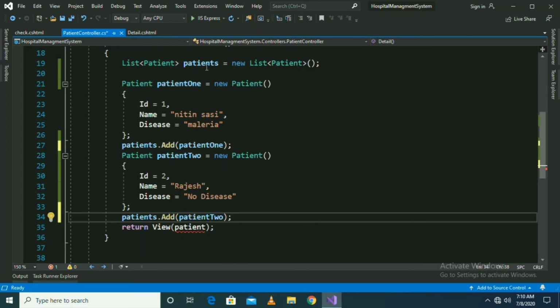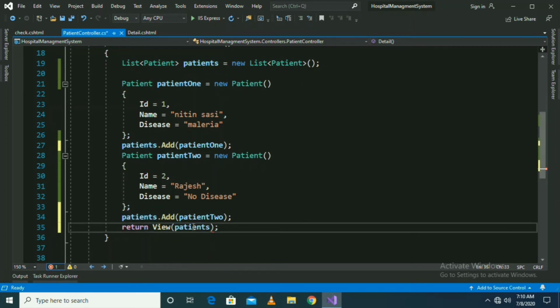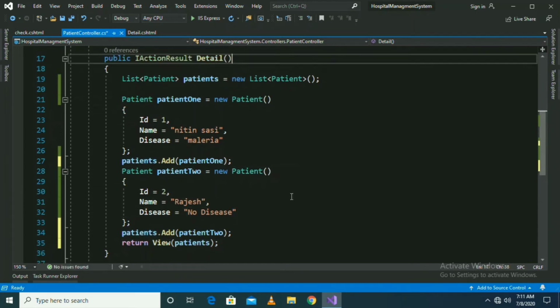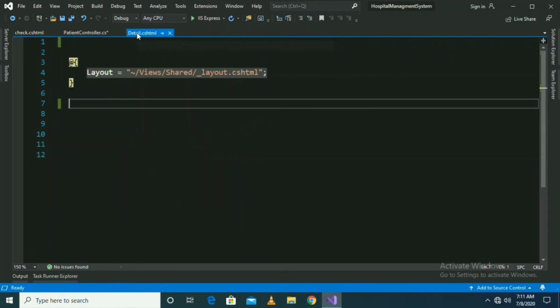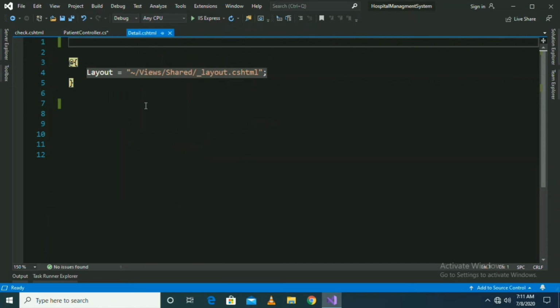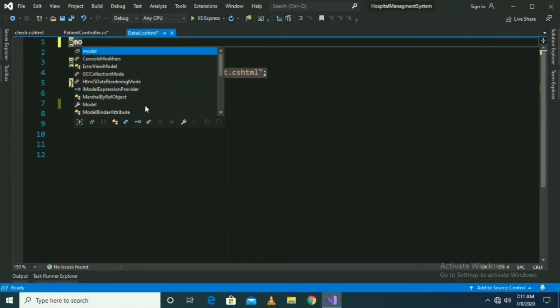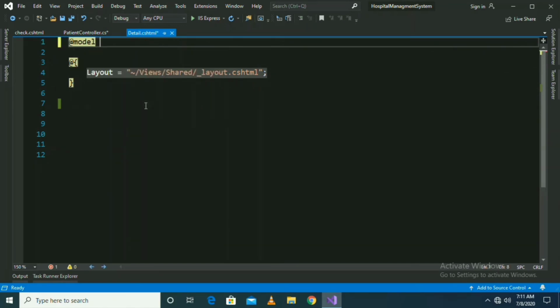Here it is showing an error because there is no patient. So now I want to send the list of patient instead of patient. From here we are sending a list of patient. Now at the view page, we have to tell it which type of data we are going to receive.